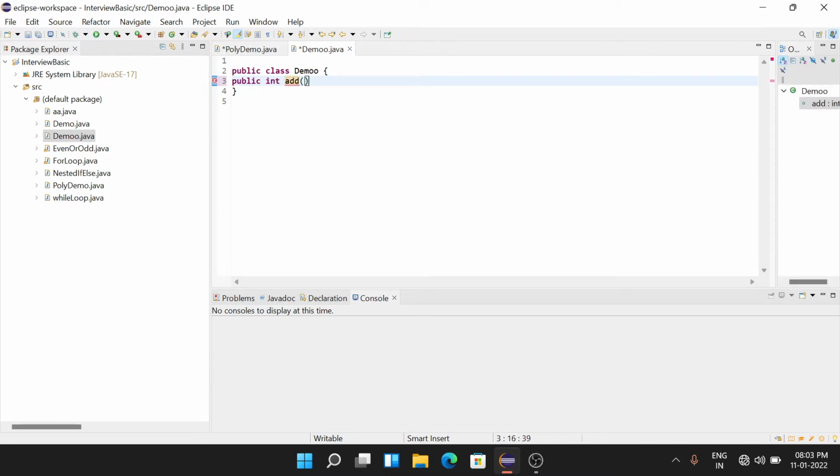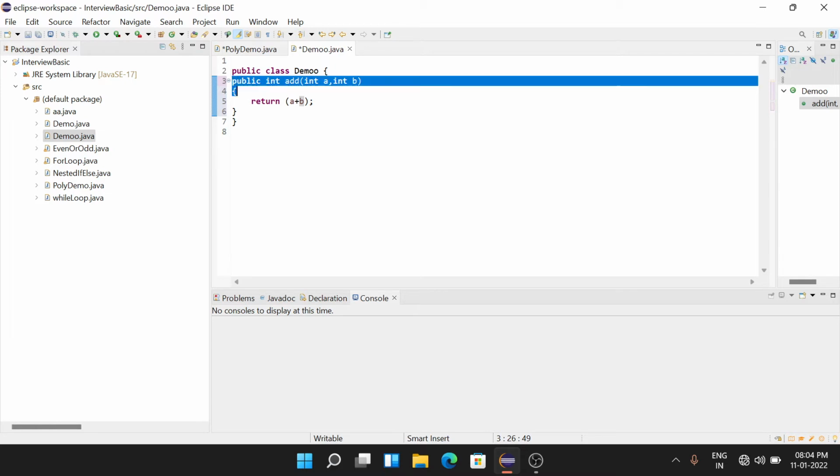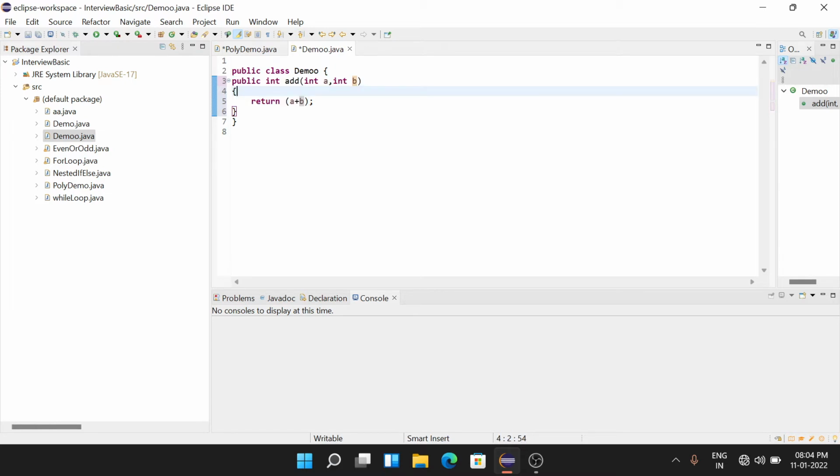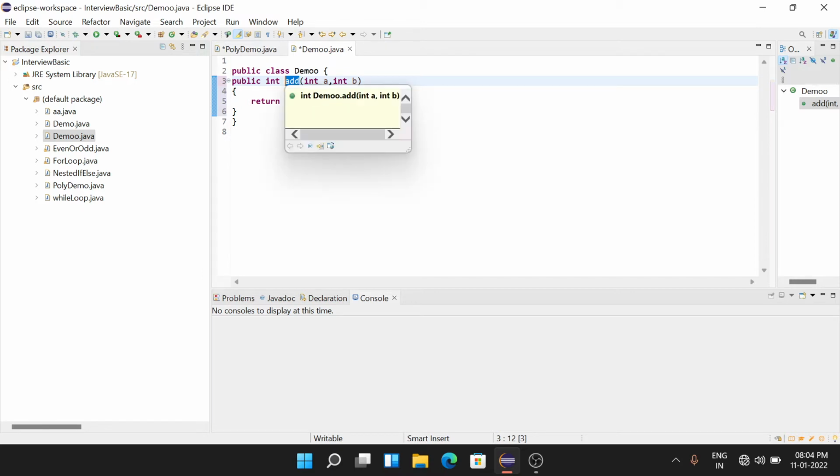The method name is add, and I'm giving two integers, int a and int b, and it returns the value a plus b. It is a very simple method.